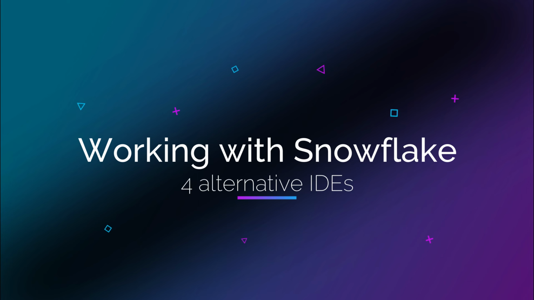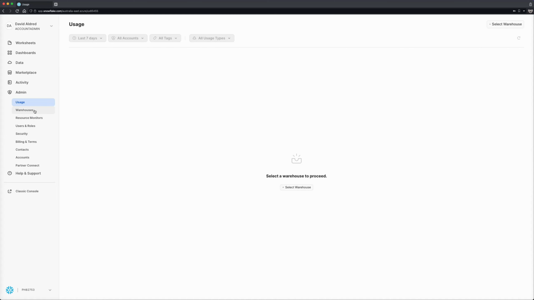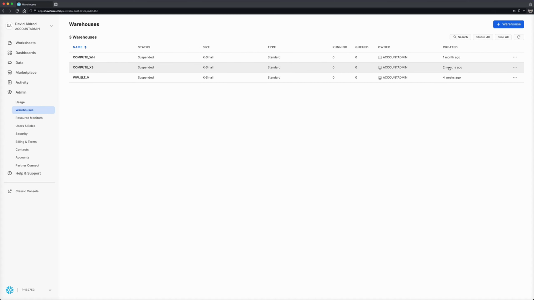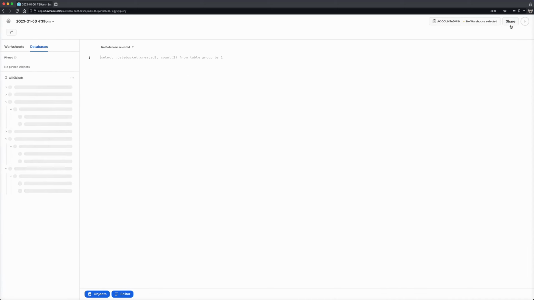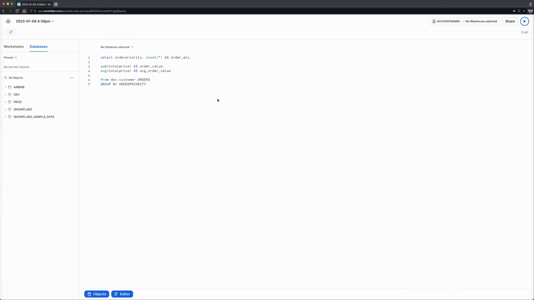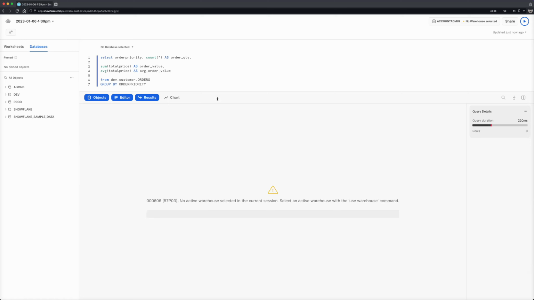If you're a regular Snowflake user, you're likely already familiar with Snowflake's Snowsight UI, which replaced the classic UI. Originally, they planned to sunset classic UI in early January 2023, but that does appear to have been pushed back. But whether you're a Snowsight fan or not, you might be interested in exploring alternative interfaces or IDEs for working